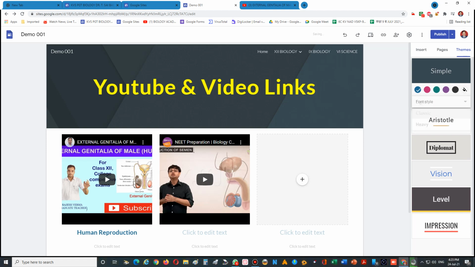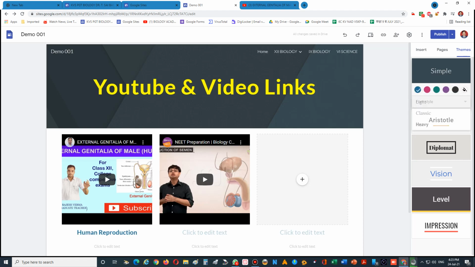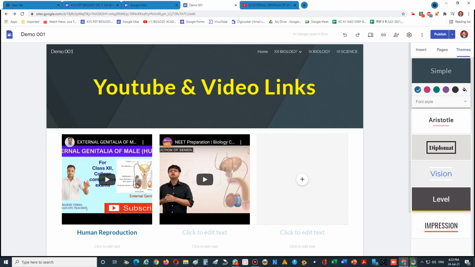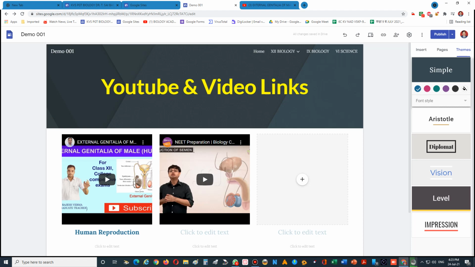Already it is in heavy, you can convert into classic, or you can convert into light. This is the light one. So you can see a little bit change in the classic. So heavy also you can change it. And this is the classic one, and this is the light. So how you want, you can change it. The same way, any other theme you want, you can select.